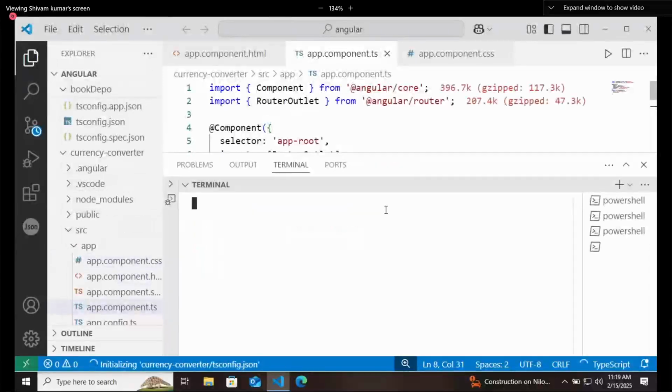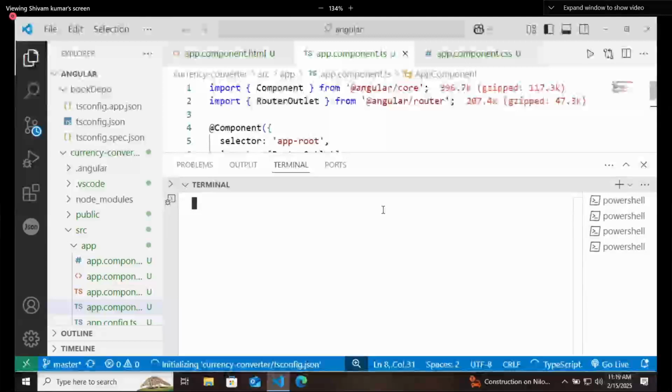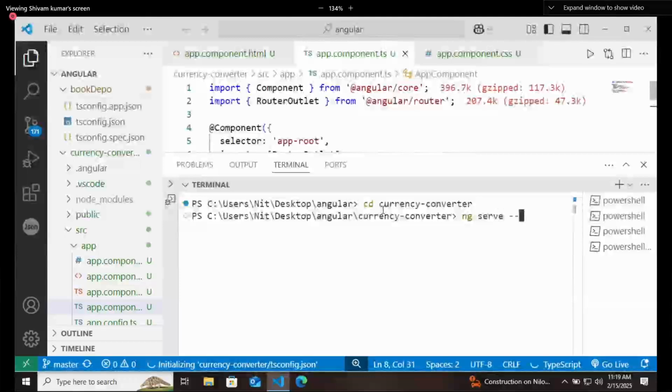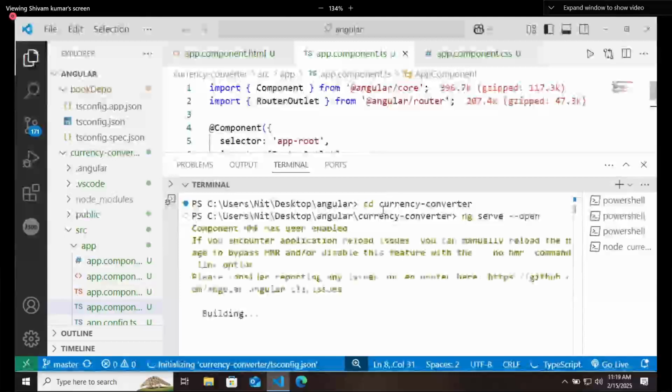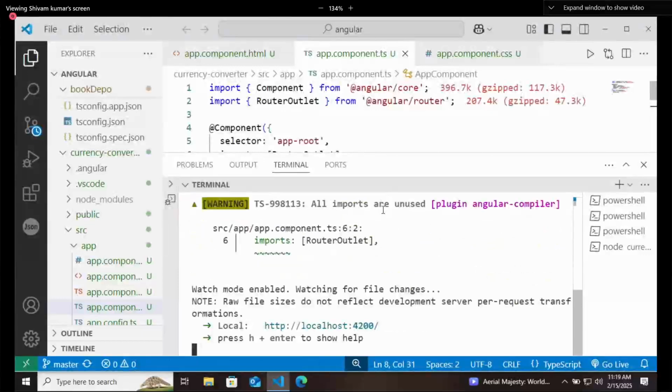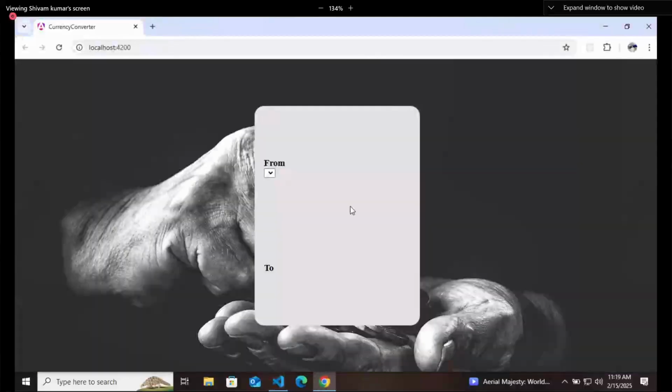Okay, so let's run it first. So this is what we were doing yesterday. In that we created a from and to section.